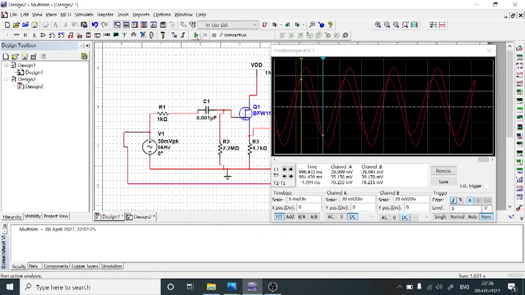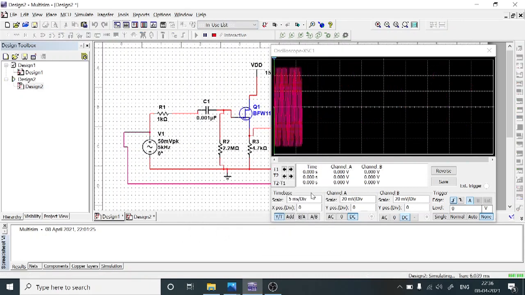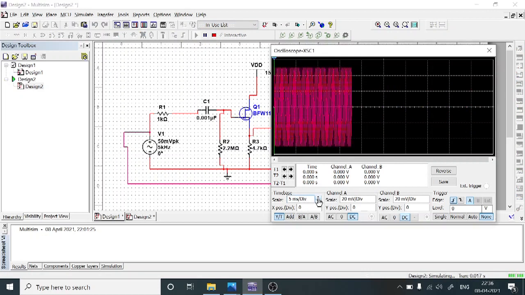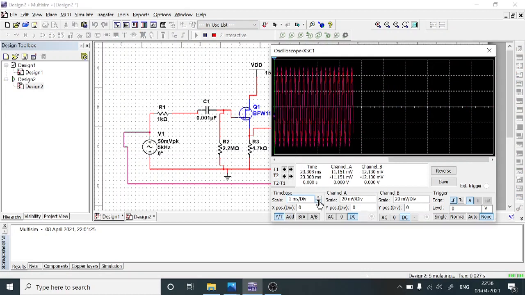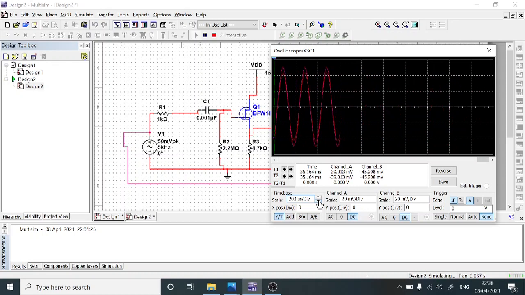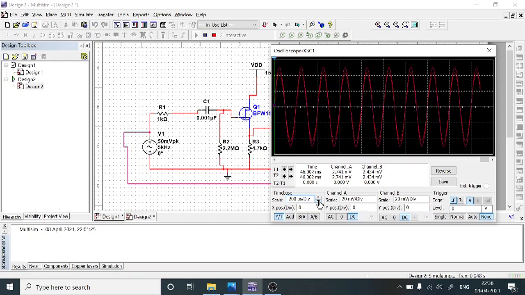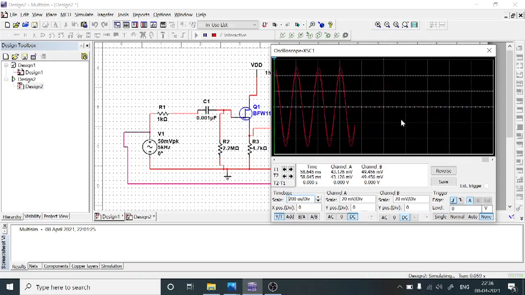Then simulate this. Now you can observe, and then you can change this scaling factor. Now check it: both the waveforms are interlinked, merged here. Why? Because the gain is approximately equal to unity.